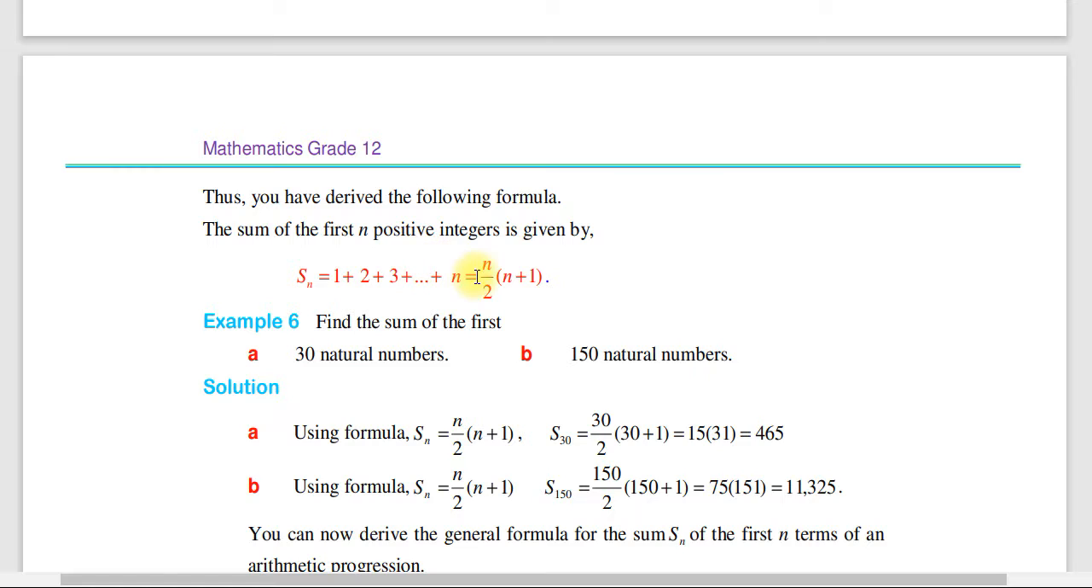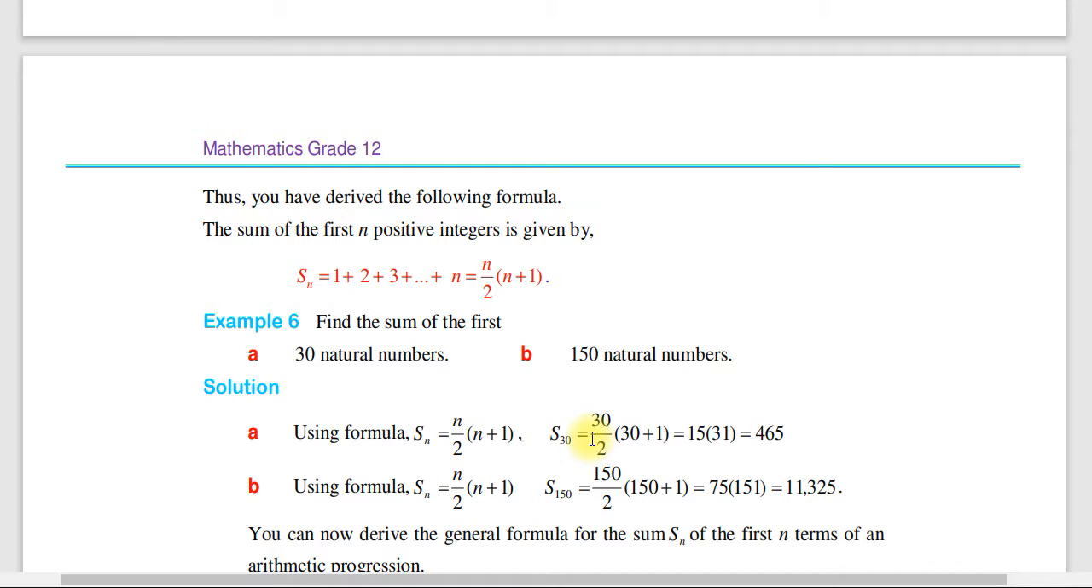So the sum of the first n positive integers given by Sn is equal to 1 plus 2 plus 3 plus up to n is n over 2 into n plus 1 ይሆናል ማለት ነው። ለምሳሌ find the sum of the first 30 natural numbers ብንባል s30 is equals to ብለን ነው ካልኩሌት የምናደርግ። 150 ናቹራል ነምበሮችንም ደምሩ ብንባል s150 is equals to ብለን እንሰራለን። ኦኬ